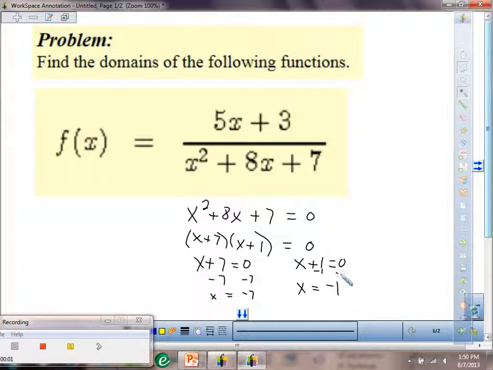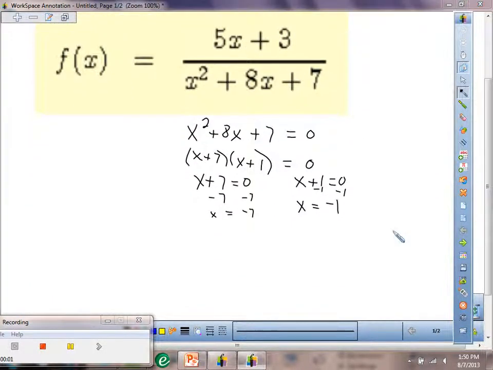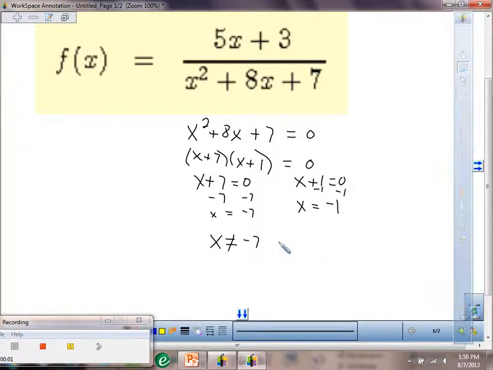So when we put in negative 1 for x, or if we put in negative 7, we'll end up with 0 in the denominator, which would give us an undefined. So that would be our domain restrictions. Now in the past you may have written it as just x cannot equal negative 7, or x cannot equal negative 1. Now the way we write this out in a little bit higher math is,